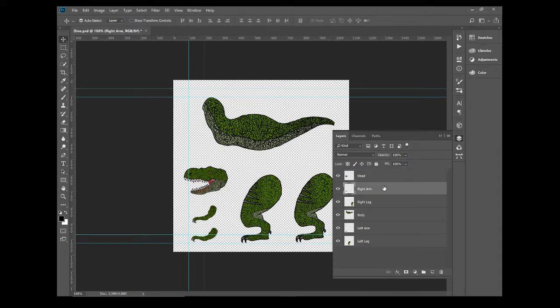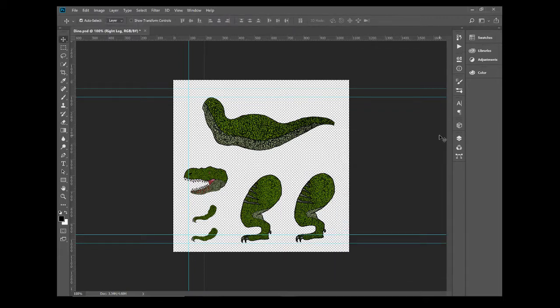I can see nothing's clashing. Control T, that should be okay. Maybe I'll just move it up slightly. Let's look at these legs. Control T, that looks good. And the right leg, Control T, great. Okay, so with this all laid out properly, and we've got room to draw boxes around all these different bits,